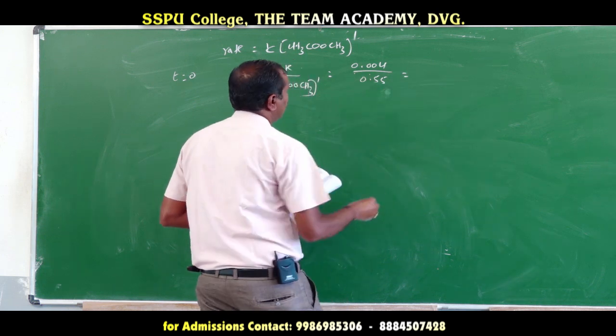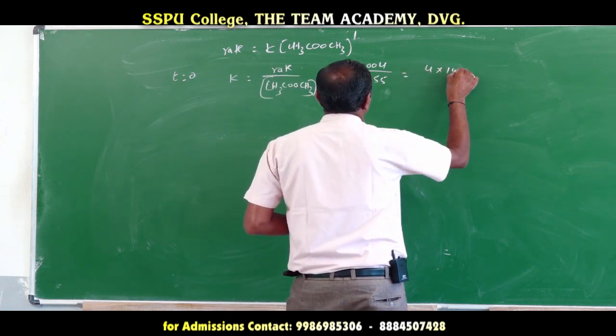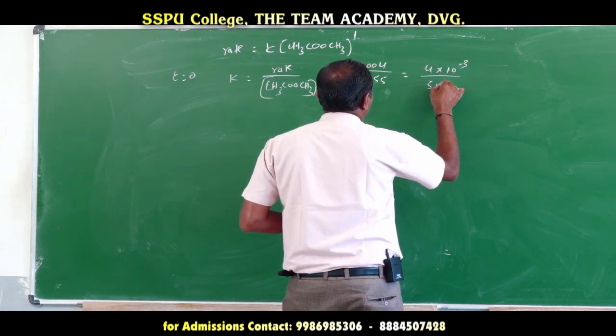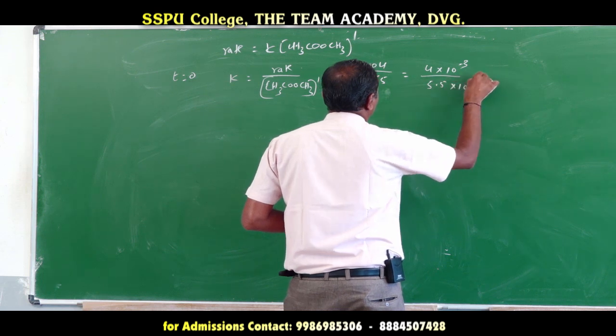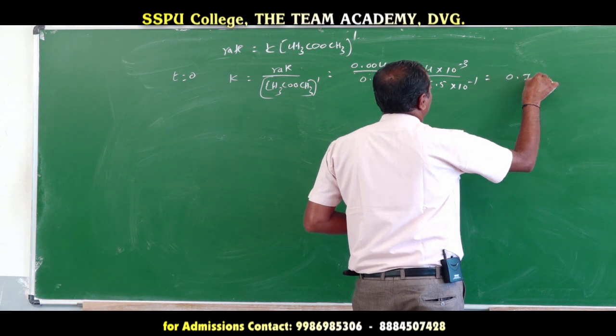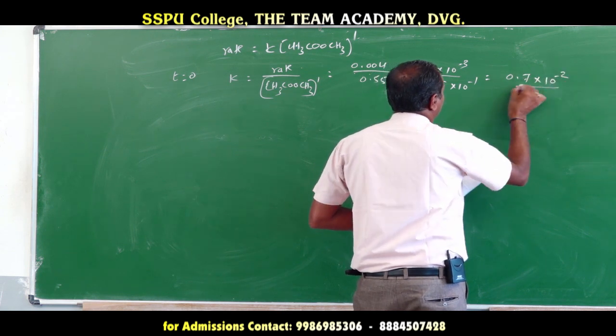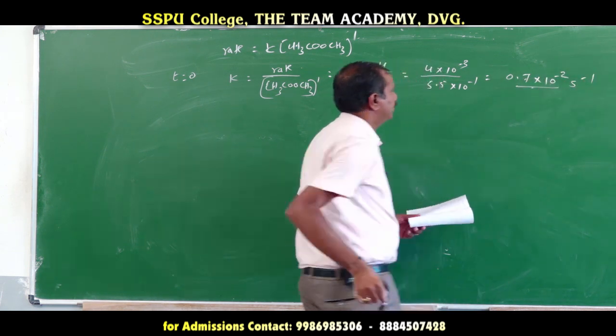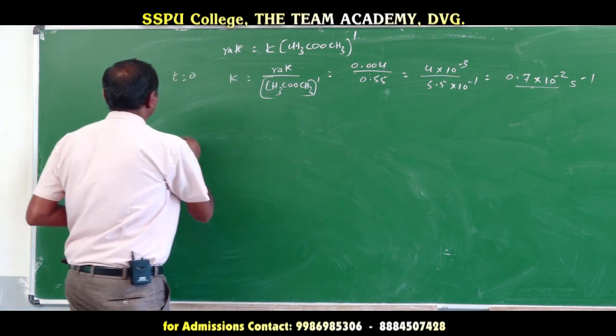We got that answer: 4 into 10 to the power of minus 3 divided by 5.5 into 10 to the power of minus 1, nearly 0.7 into 10 to the power of minus 2 per second. Like that, if captured when T is